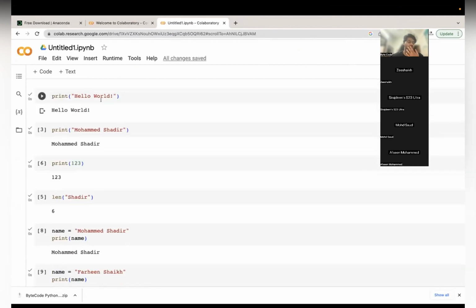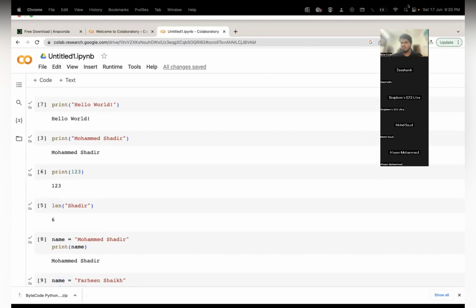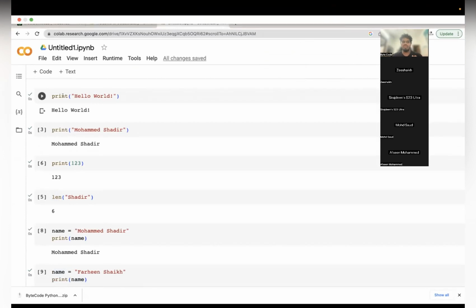So I will just give you a glimpse of what all we have seen today. We started with understanding what Python is, that Python is nothing but a programming language with which you can write functions, use functions, do automation, develop applications, and integrate AI. But before that, you need to understand the basics of Python, so we first started with the print function.